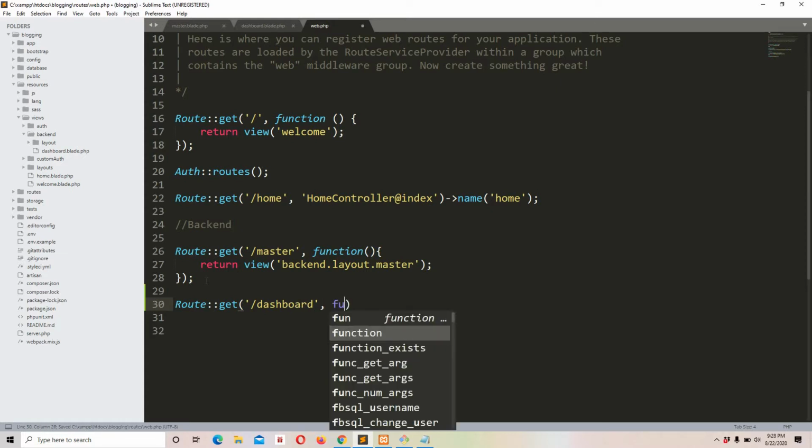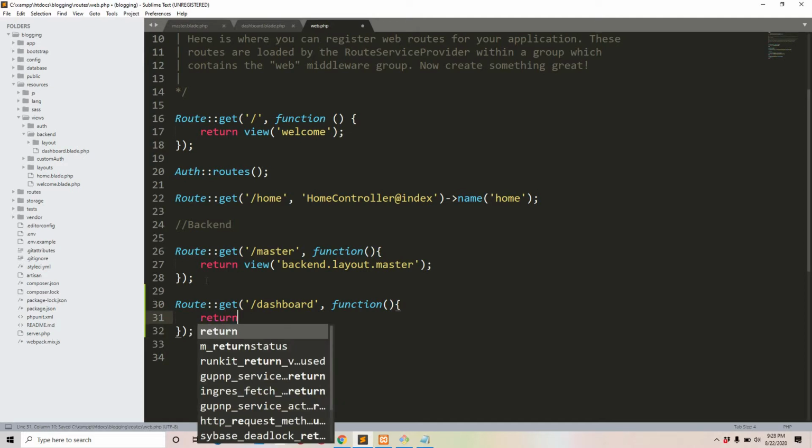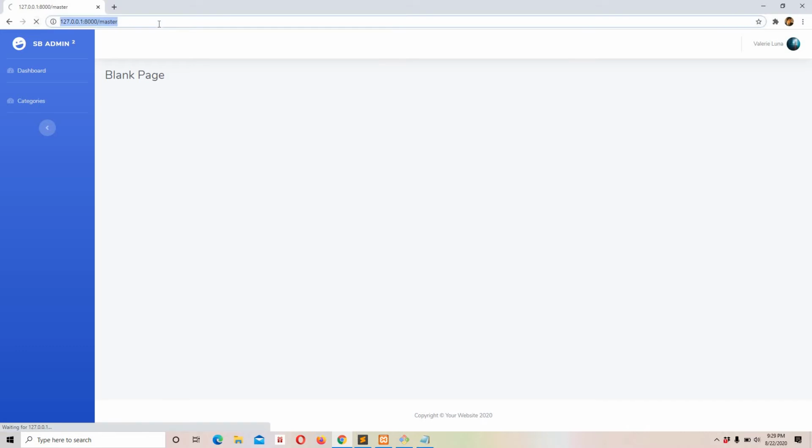Okay, and this would be a closure function, nice and simple. Okay, and here let's say return view backend, and this time our dashboard page. That's it. Okay, now let's hit this route, and for that refresh and let's hit our dashboard.